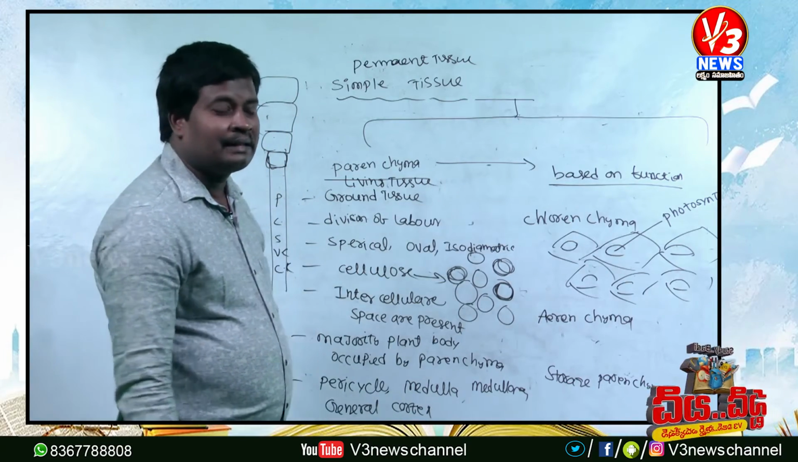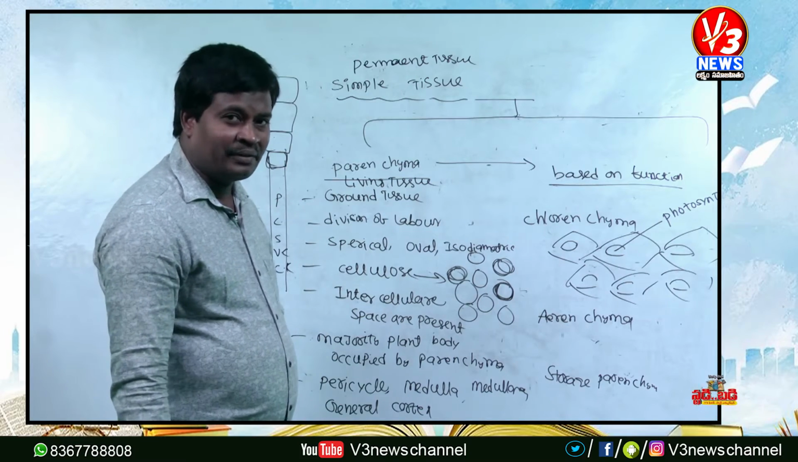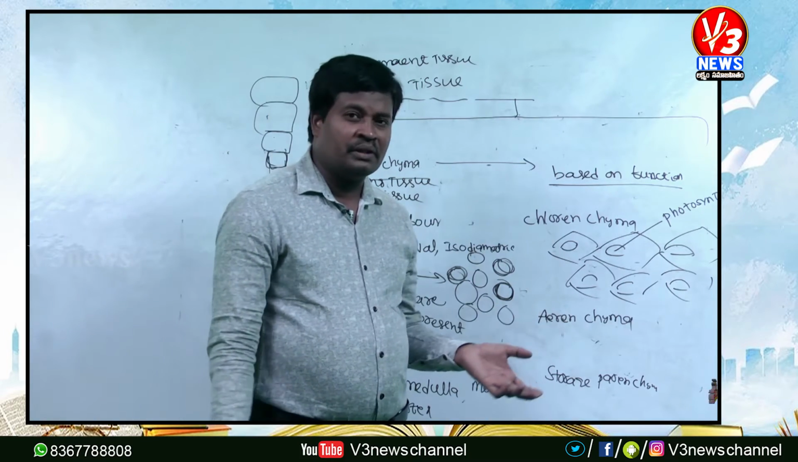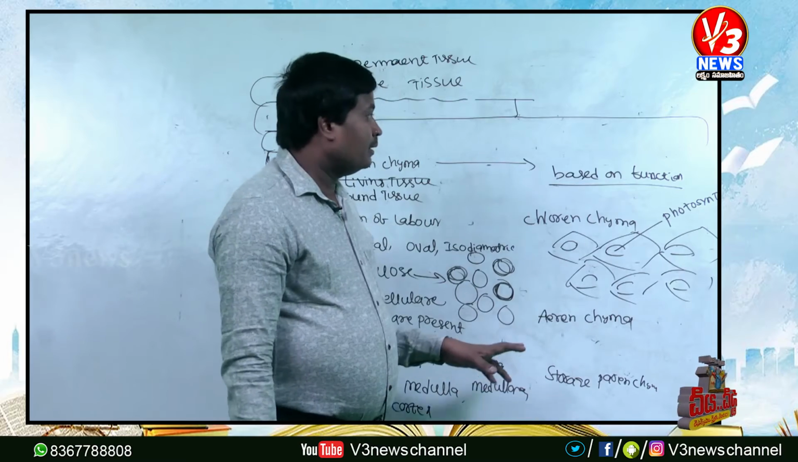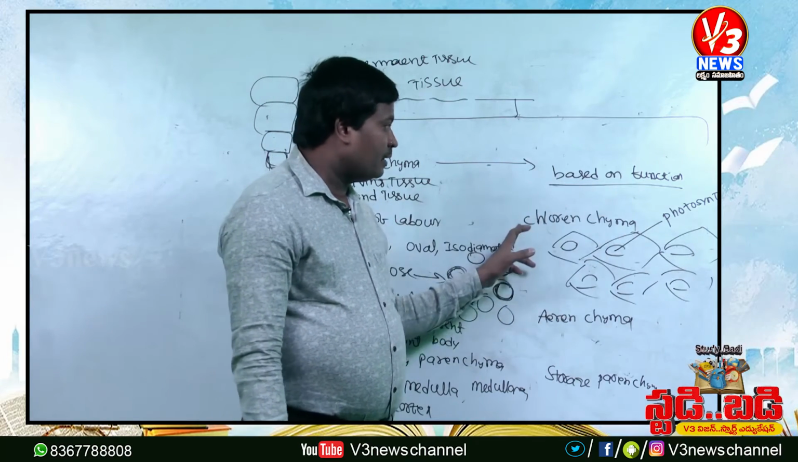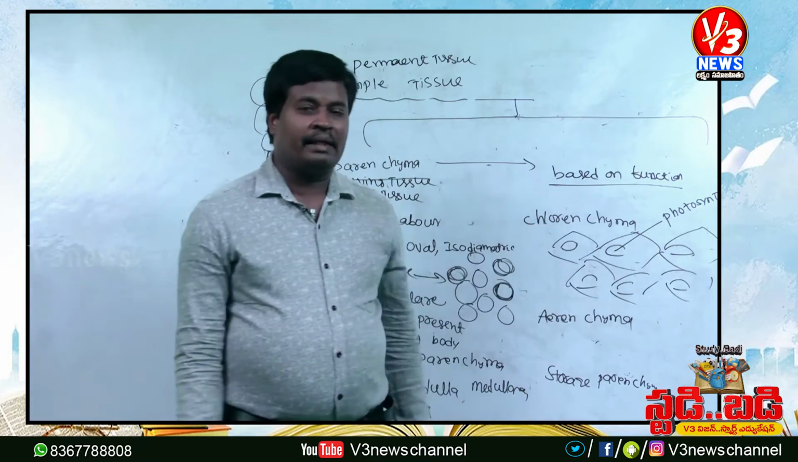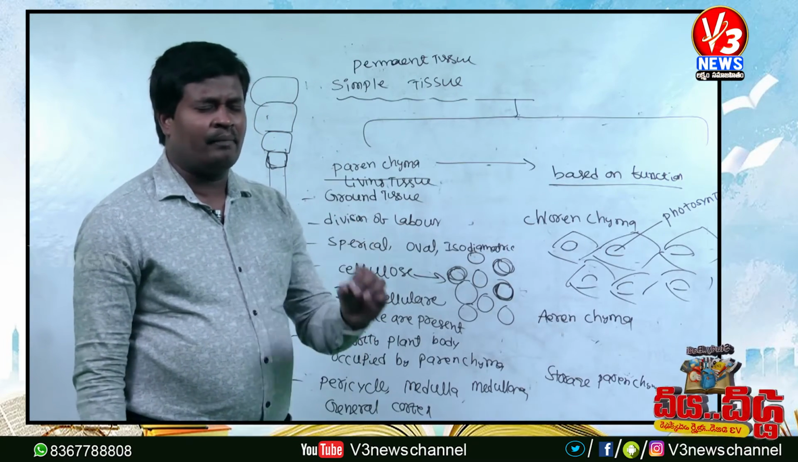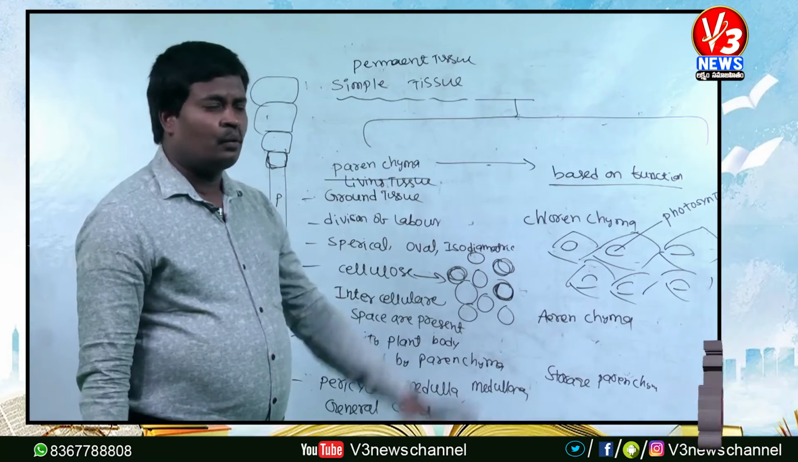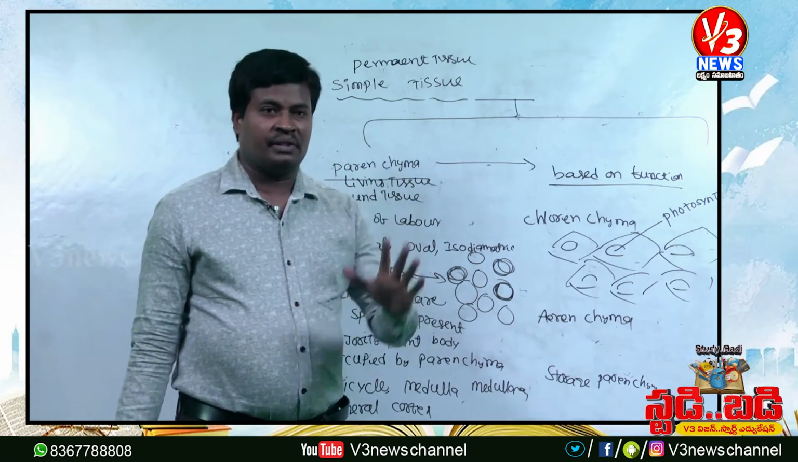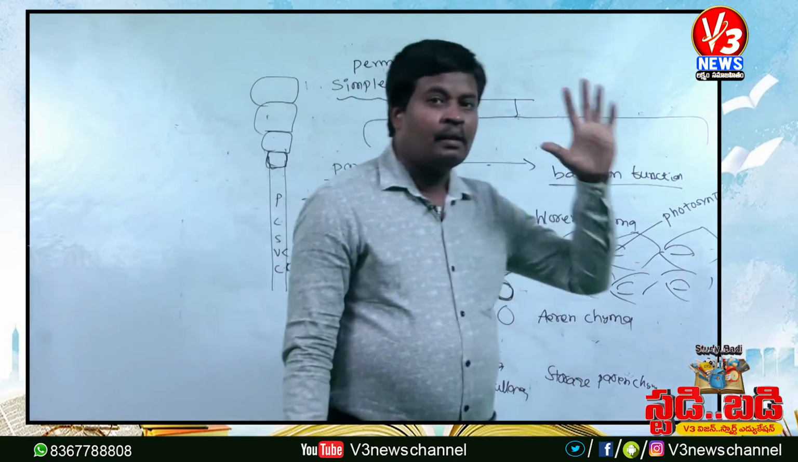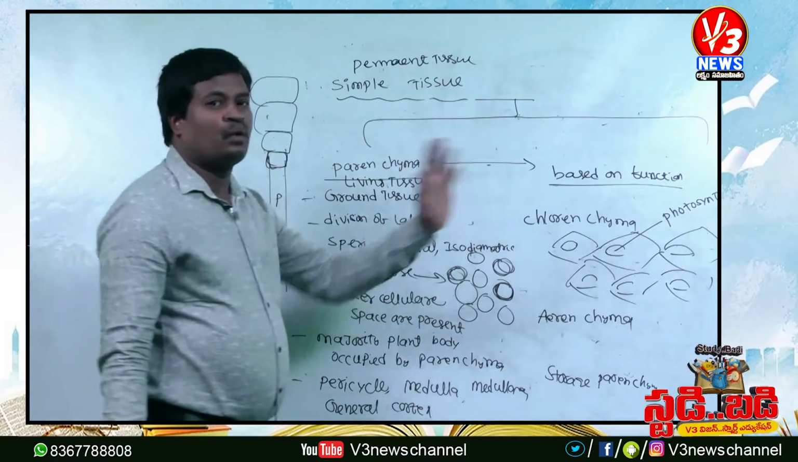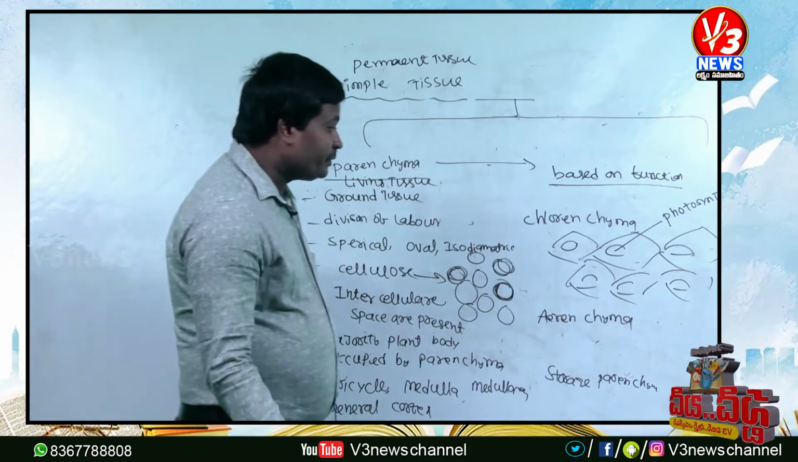Photosynthesis is also called assimilation. Don't get confused, assimilation is nothing but photosynthesis. Okay, based on the function, the first type is chlorenchyma. Chlorenchyma means simply the cells of the parenchyma which contain chloroplast. Chloroplast performs photosynthesis. Such parenchyma is called chlorenchyma. Chlor means chloroplast, just simply remember. Then later,